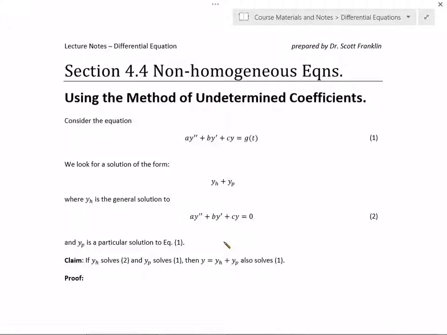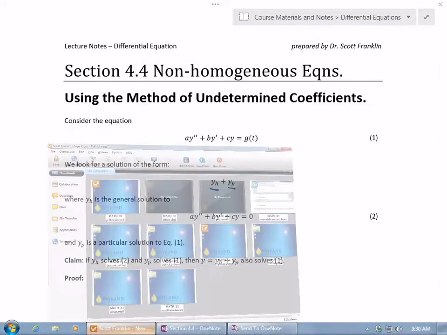So in 4.4, we're going to be solving the non-homogeneous case, so that this right-hand side here is non-zero. Just as a refresher, remember that when you're trying to solve this in general, you actually have to do this in two parts. You've got to find what's called the homogeneous solution and a particular solution. So even when the right-hand side is not zero, you still first